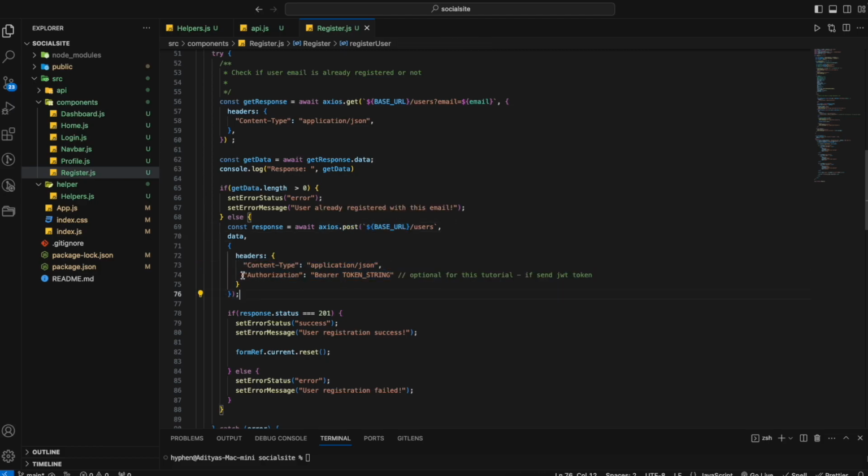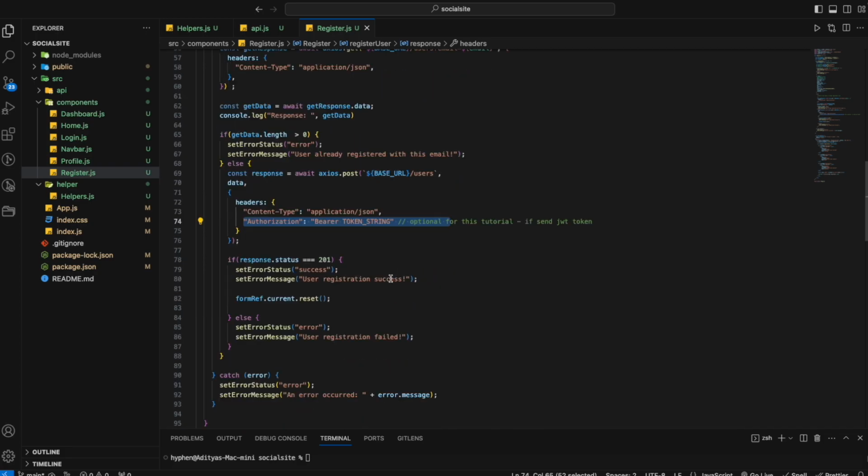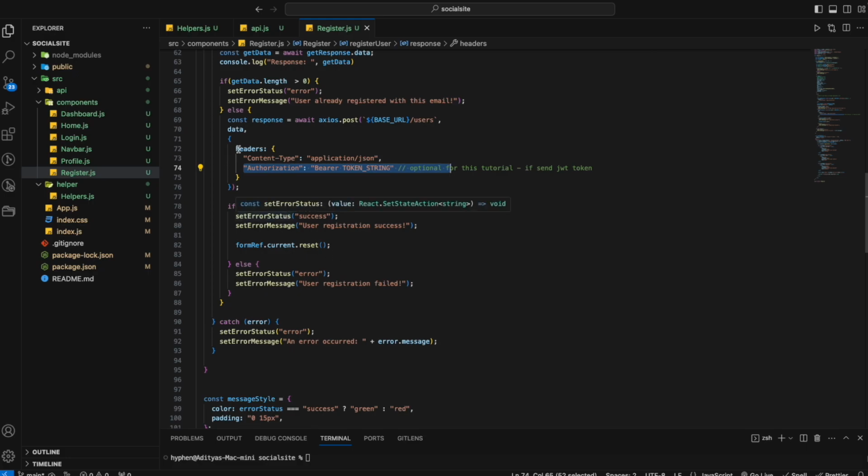Here, this is the extra which I passed as a header. If you want to send some token, then this is how you can handle it, I show it just for demo purposes. And after submitting, in the Axios response, a status comes. So first I check that the status is 201. 201 is for created,